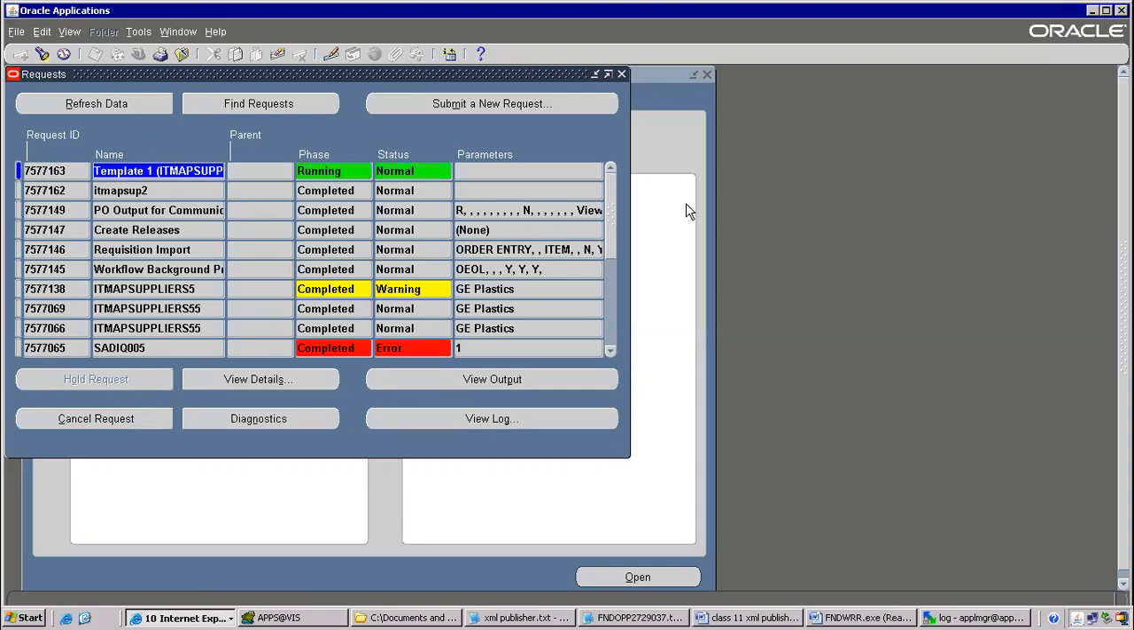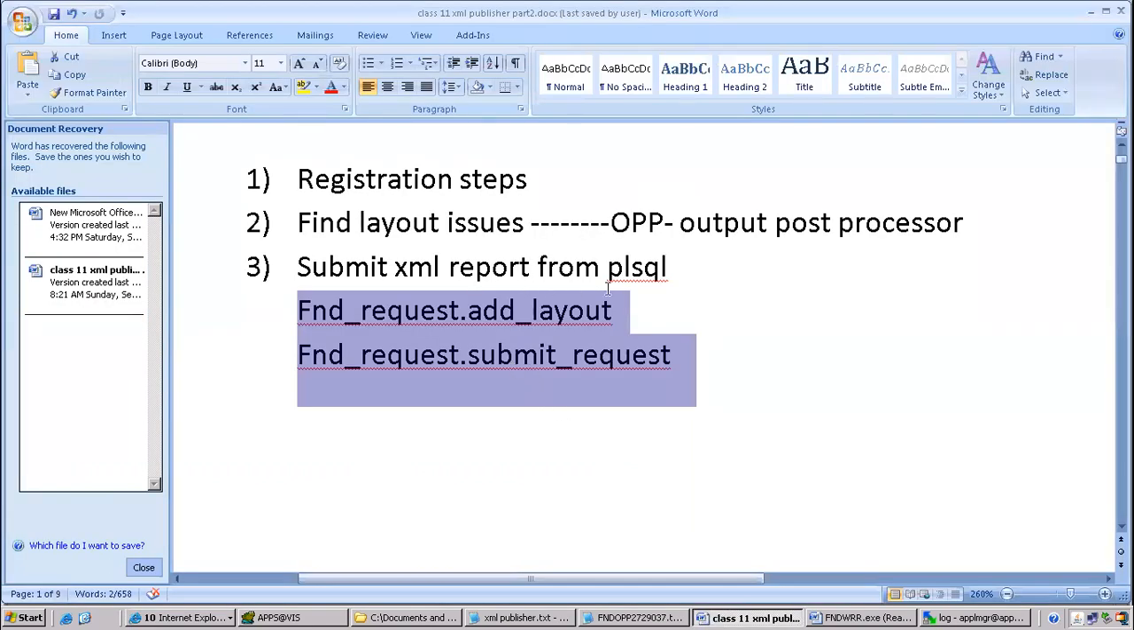See, your simplest answer is very easy actually. How to submit an XML report from PLSQL: your answer is add layout and submit request. Okay, fnd_request.add_layout and fnd_request.submit_request. And you need to remember the parameters. Clear? Now next step here is